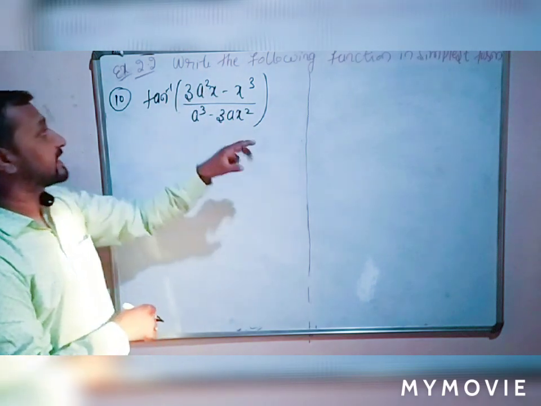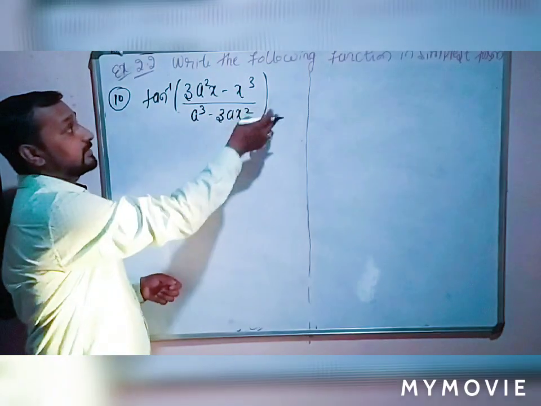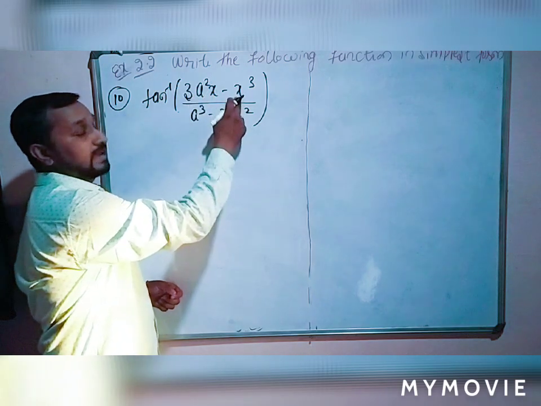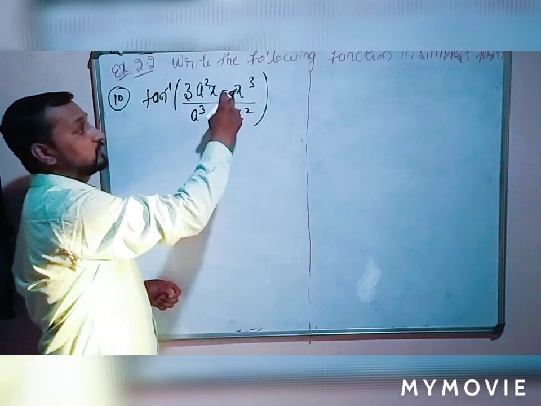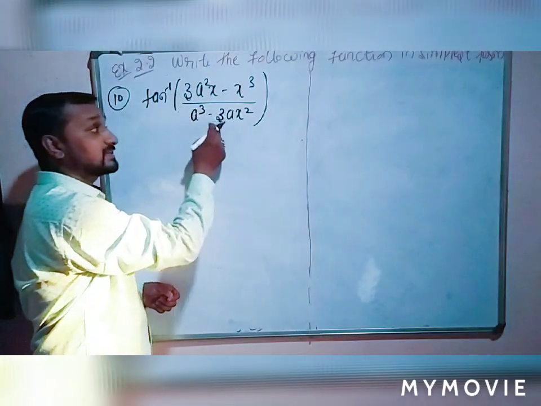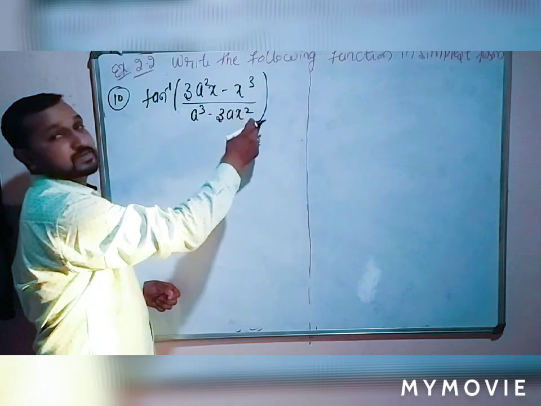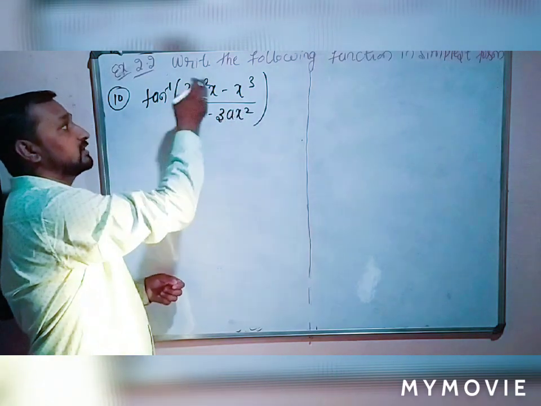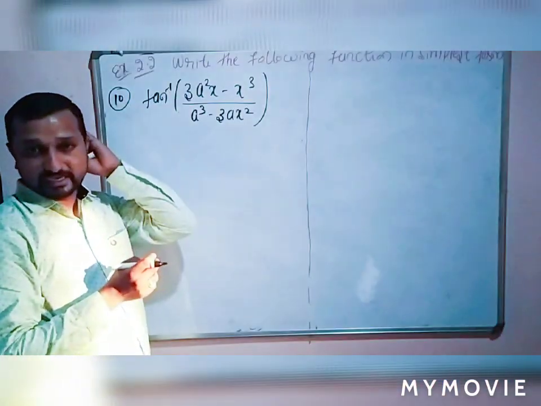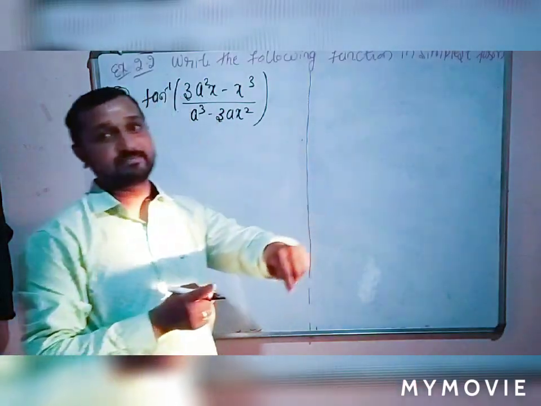That's why we put x equal to a tan theta. Put x equal to a tan theta means a square into a tan theta. Here also a cube. x cube is nothing but a cube tan cube theta. Take a cube as common. Here a cube as it is, minus 1 minus 3x square. So 3a as it is, x square is nothing but a square tan square theta. Take a cube common. Then tan 3 theta is the formula. Get cancelled, 3 into theta. 3 theta is nothing but tan inverse of x by a.